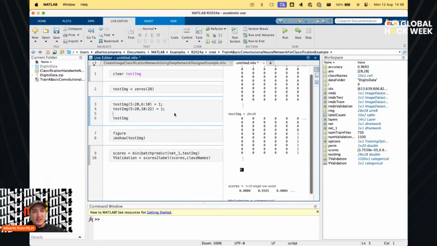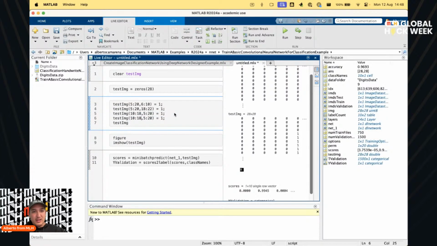Nice. I need the top, so test image from the 10 to the 18 in this case, and that will be from 5th to 20. I'm almost sure of this, so let's copy and paste this,